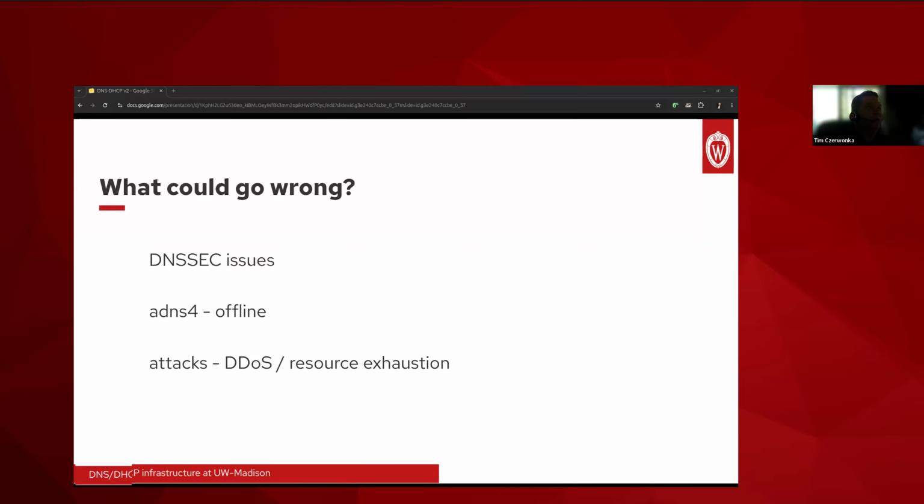At that time, the University of Michigan was a DNS secondary for us, providing the equivalent service of what we now have as ADNS4. They were the fourth site. Upon implementation, we found out pretty quickly that their server did not support the NSEC and RRSIG records that were required for DNSSEC to work. As a result, approximately 25% of the queries for WIS.edu resulted in no such domain, you don't exist. That's problematic. So as always, with these sort of big changes, always have a rollback plan.